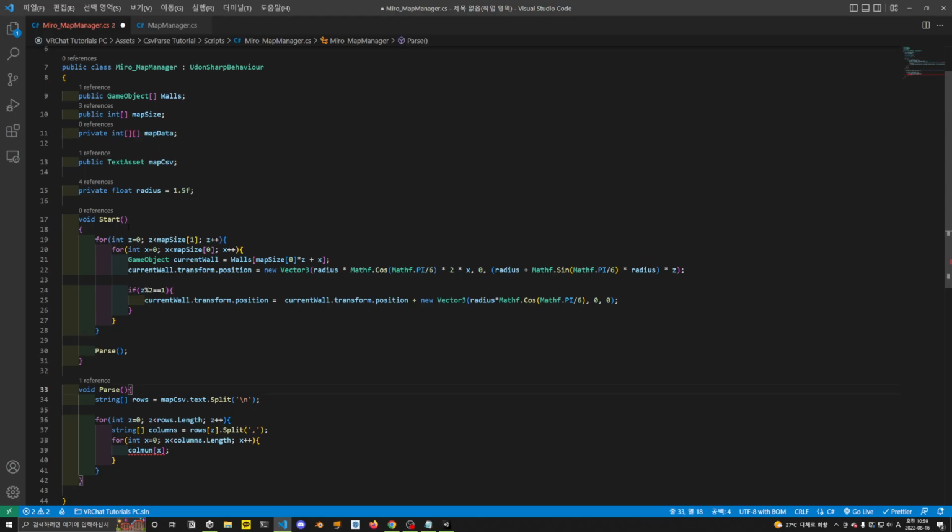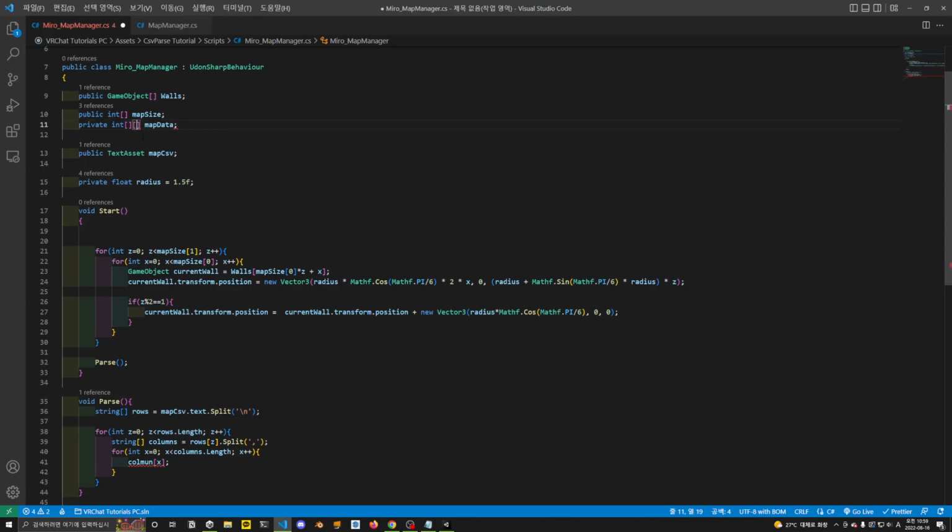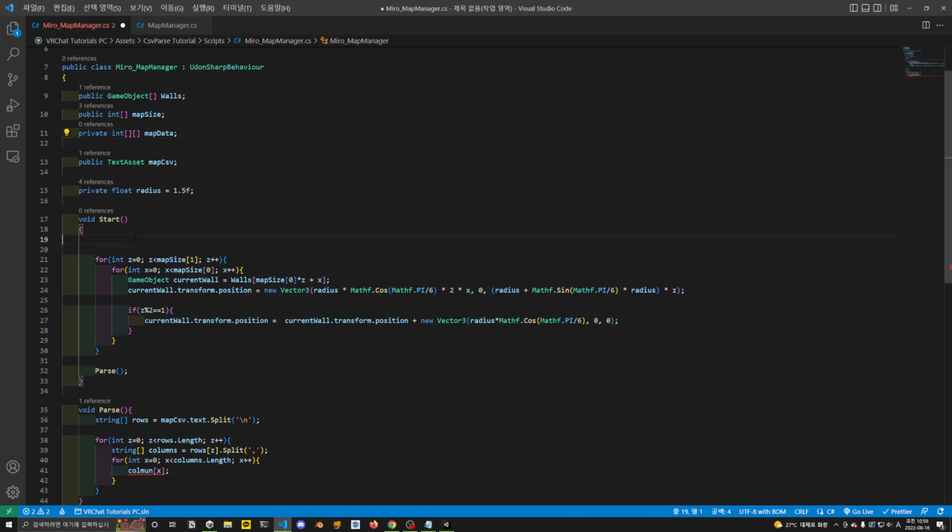And start. Let's initialize that array. There is a more convenient way to make a two-dimensional array, but the Udon behavior doesn't support that feature yet. This means this is the array that contains int arrays. So to initialize this,